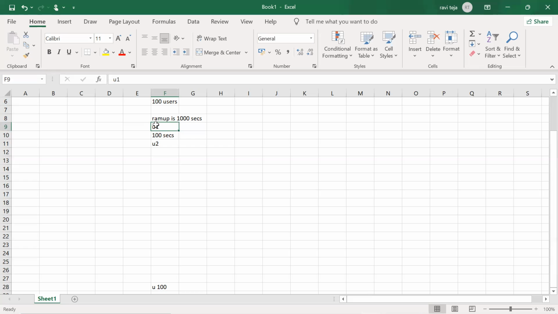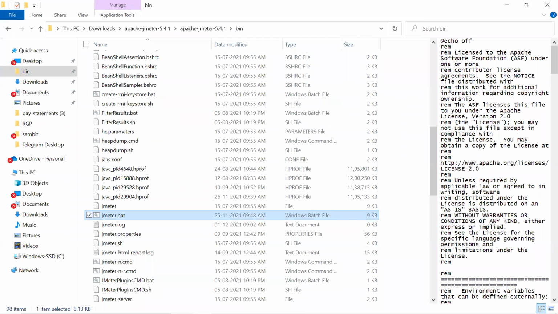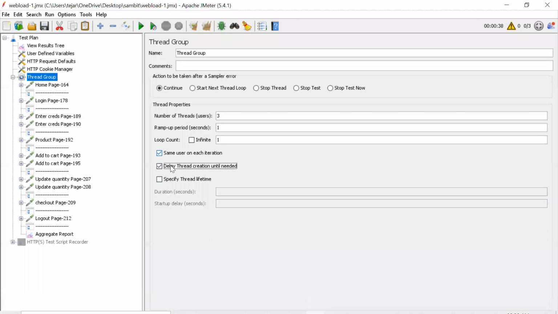Yeah, but on the safe side, when I'm going for a higher load, just check that box, so that it isn't unnecessarily releasing the memory. You don't have to wait for the memory to release. When I'm going for a higher load, it's better to save, because it will create only the threads required. We don't require all 100 at the first second.